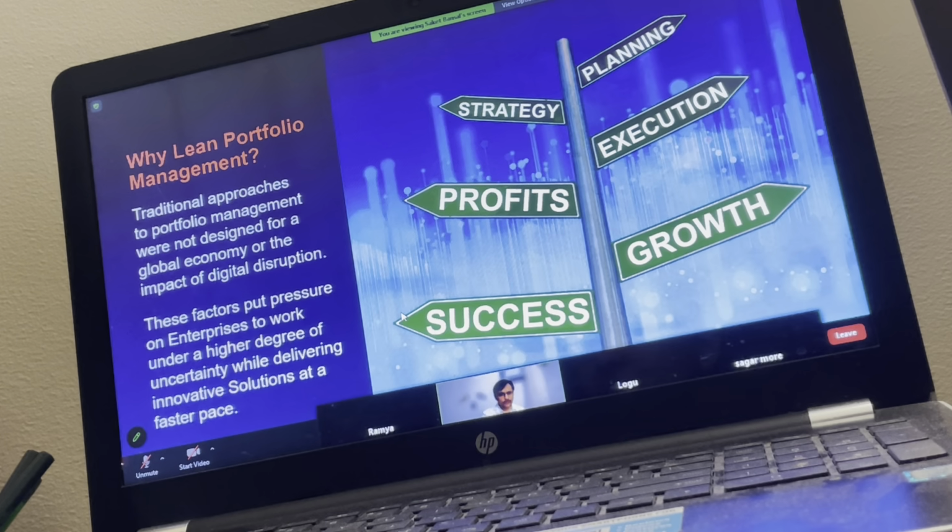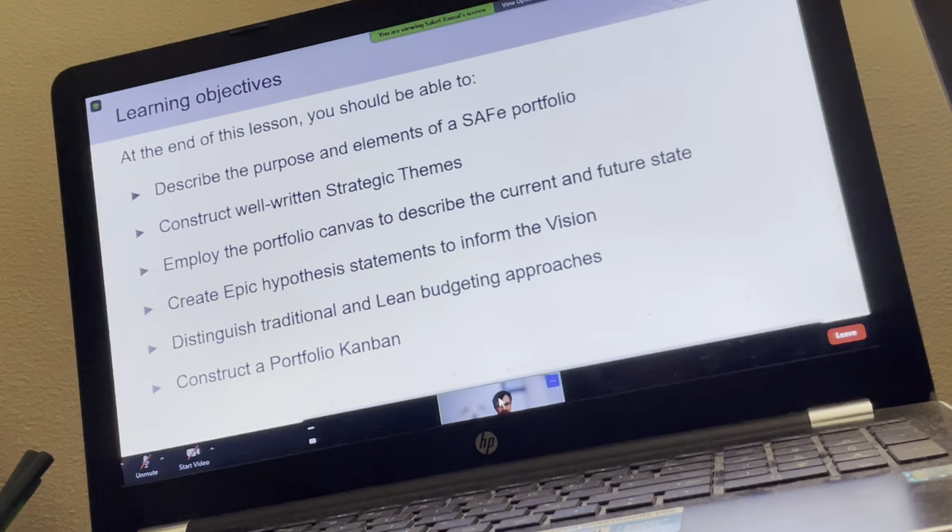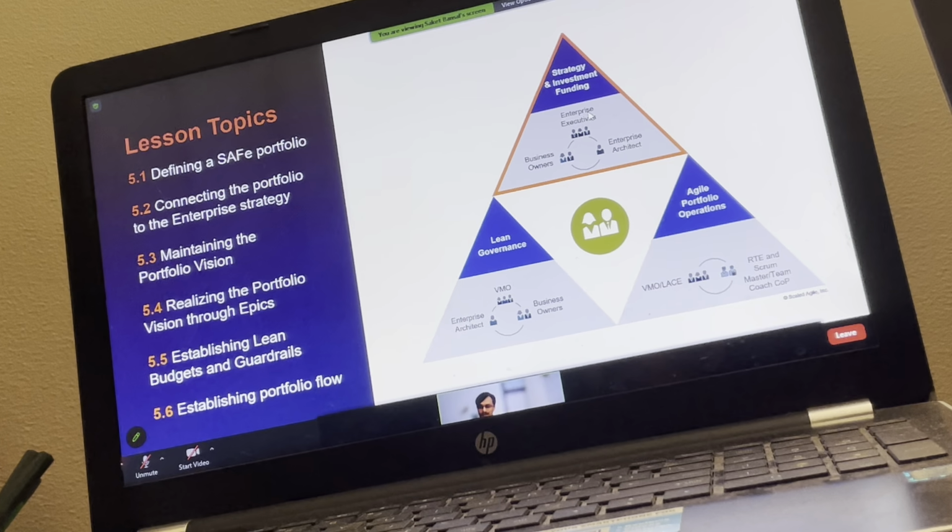Now, lean portfolio management, again, theories and all. Remember, it's another dimension of business agility. So in this class, we have looked into 4 areas of business agility out of 7. Team and technical agility, lesson 3. Agile product delivery, lesson 4. The lean agile leadership, lesson 2. And now we are looking at lean portfolio management, which is our lesson 5, which is another business agility